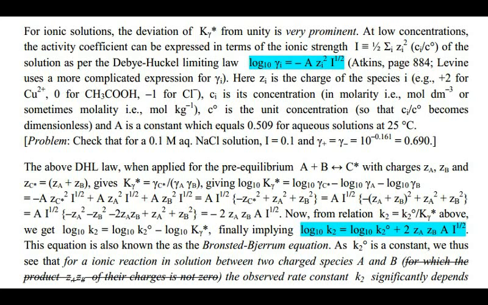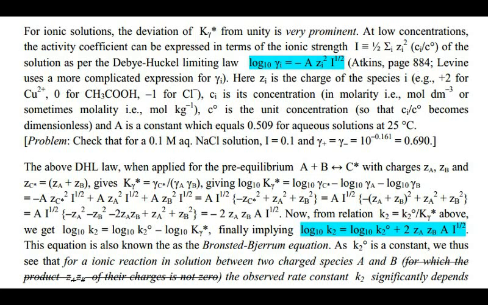And that rate constant: log 10 of K2 is equal to log 10 of that hypothetical limiting rate constant K2 naught, plus 2 into the charge of A ion into the charge of reacting B ion into constant A into the square root of ionic strength I. So the logarithm of the observed rate constant will be changing with the increase of ionic strength I as per this